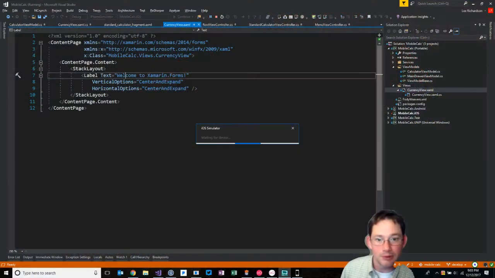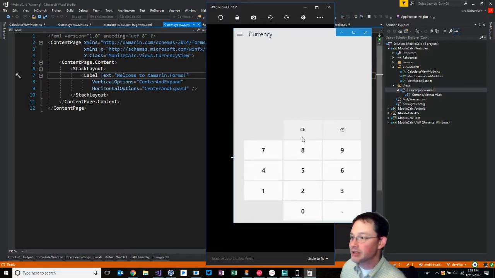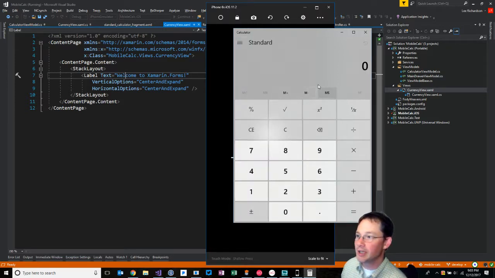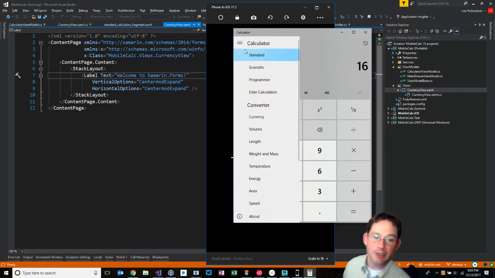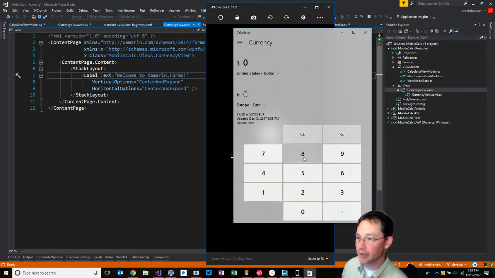All right, here I am, and I am going to just start up the code that we had from last week, which, as you may recall, there was a main page with a calculator on it, and then we were going to get into implementing a second page. The main page we have is the standard calculator where you can add things together and get results, and the next page that we want to do will be the currency page, where we'll do things like converting $8 is how many